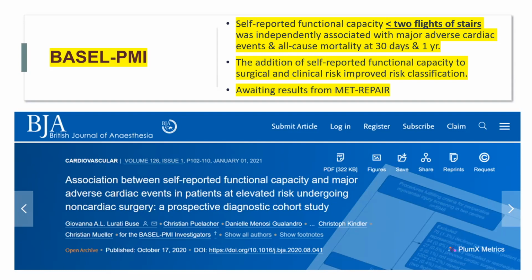Now, this study had a larger number of patients than the METS trial, and the patients were older and sicker. So it's a little bit more towards the patients that I would see. So I tend to go with maybe the stair climbing might be better than the use of the full DASI score.